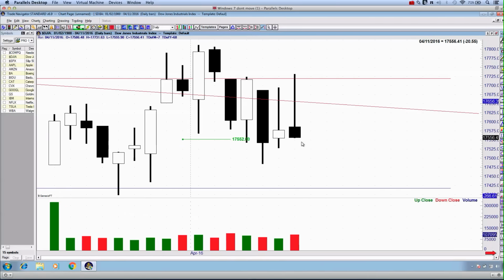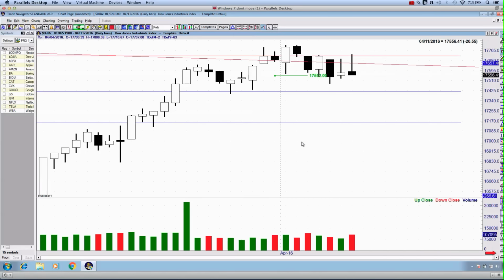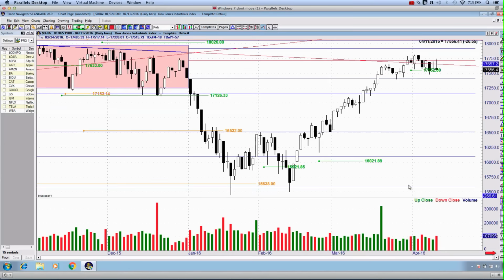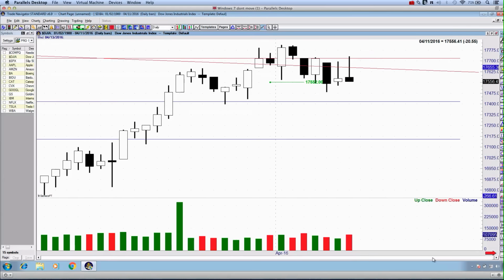You can see the real body color right here. It is a dark candle indicating that the close was below the open of trading on Monday. On top of that, have a look at the volume spike beginning to set up on Monday. This also coincides. Let me just show you this. I'll bring up my vertical line drawing tool just here. You can see again the shooting star candlestick at resistance, the early reversal warning, coinciding with that volume spike.